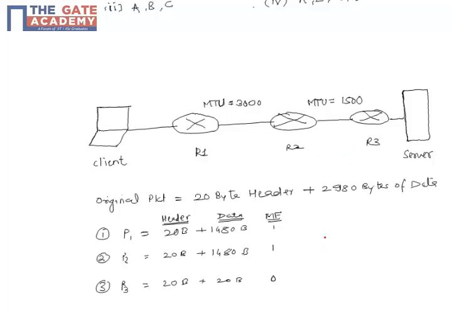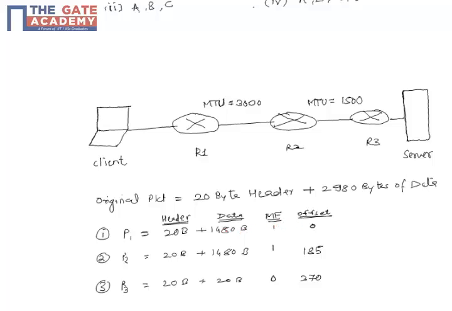Now the third parameter is fragment offset. Fragment offset is a 13-bit field which specifies the offset of a particular fragment relative to the beginning of the original unfragmented datagram. That is, if we consider these 3 fragments, the fragment offset field for these 3 fragments would look like this. Here the fragment offset is specified in units of 8-byte blocks. The offset is 0 for the first fragment because